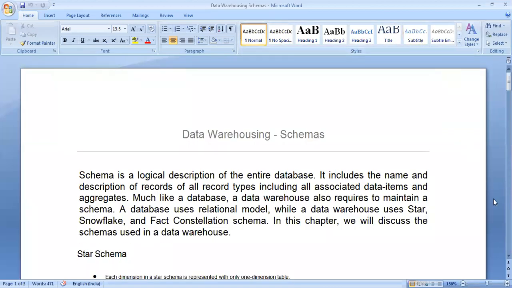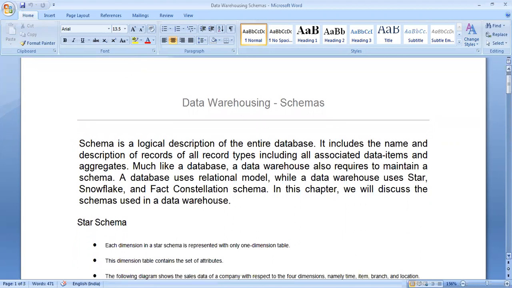Hello students, today we are going to discuss the data warehouse schemas. The schemas are the basic structure in which we store the data, and in a data warehouse the schemas are quite different from the normal DBMS schemas, which are generally tables. So here, instead of using the simple table, we use other kinds of schemas like star schema, snowflake schema,